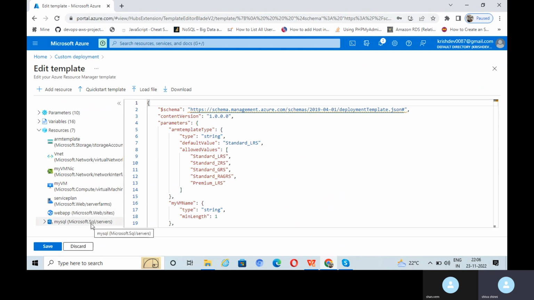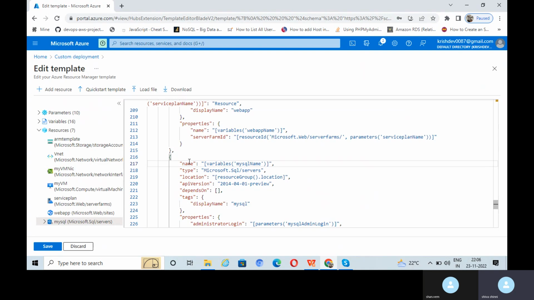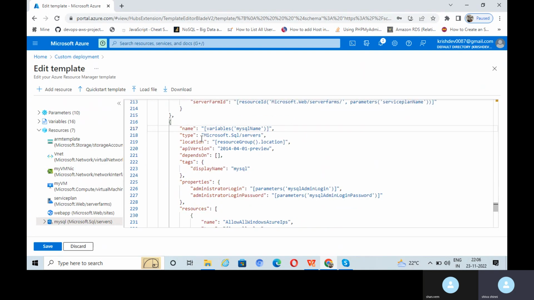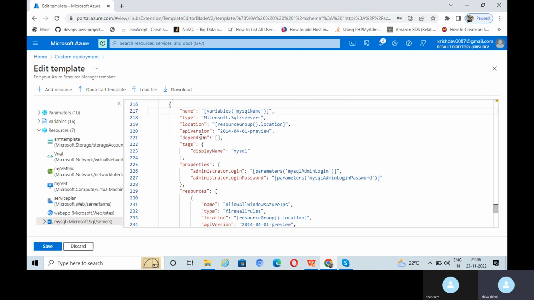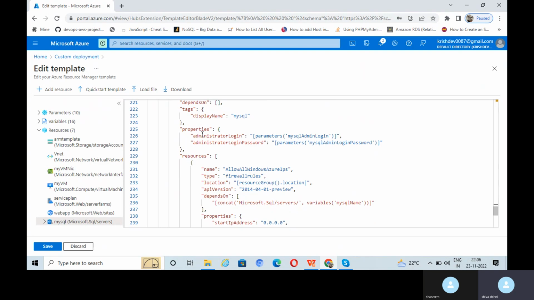So just select MySQL. It has the same keys available for the MySQL resource. The name of the MySQL is mysqlName under the variables section. It's provided by Microsoft.SQL/servers. These are the location and API version, and these are the properties. We need to configure the administrator login as well as the password in order to connect with this MySQL